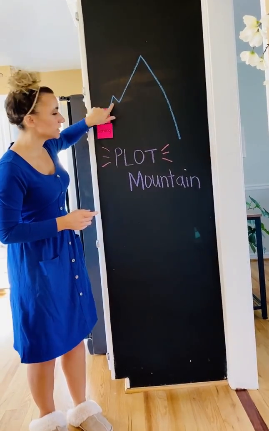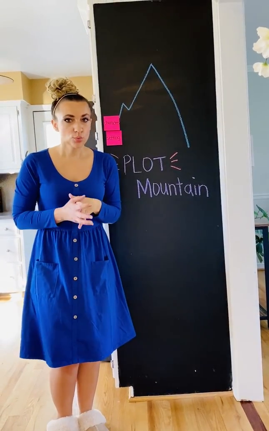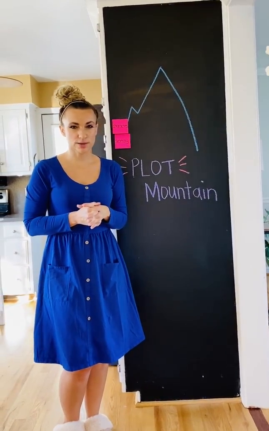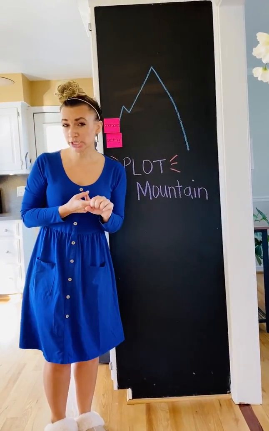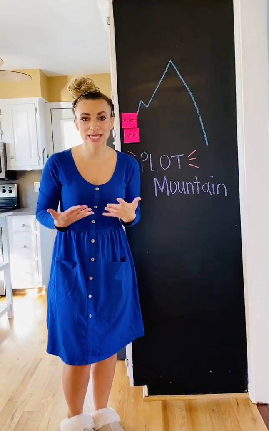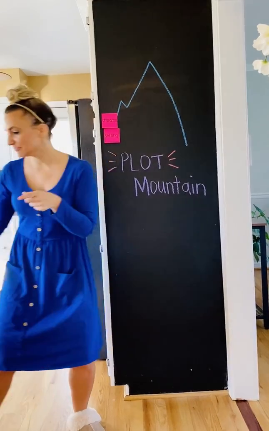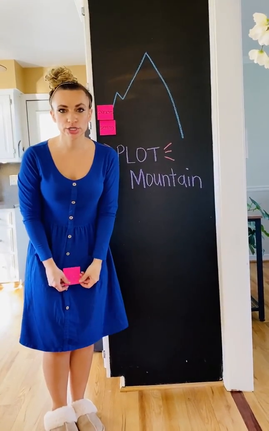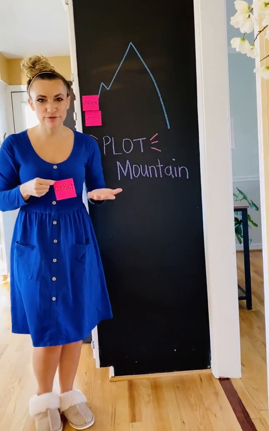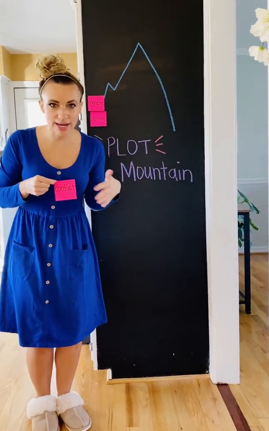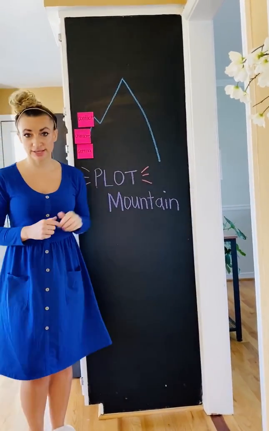There's a dip down here. There's like a little mini Plot Mountain on Plot Mountain. What goes there in a story? We already know the who, the characters. We already know the setting, the where and the when. What happens next? Ding, ding, ding, ding. My favorite word, conflict. There has to be a problem in a fictional story. It helps the plot continue. This right here is where we're introduced to the conflict.